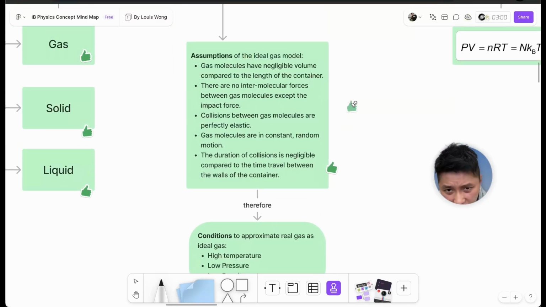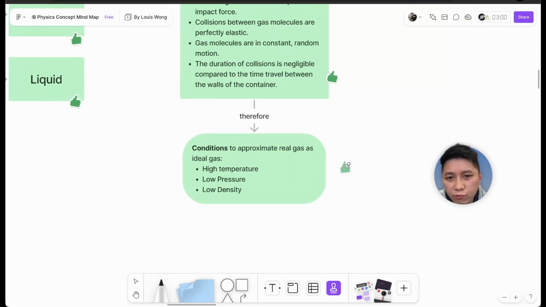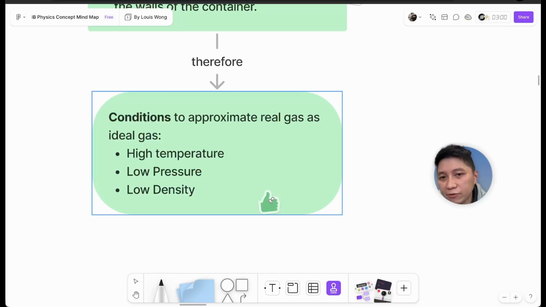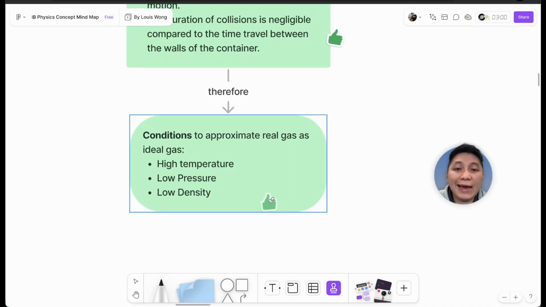And because of these assumptions, in the real world we will find there are conditions where real gas and ideal gas differ. Ideal gas is hypothetical. There's no really ideal gas 100% in the world, so everything is just an approximation. So for the real gas, which we can really treat as an ideal gas, then our equation calculation can